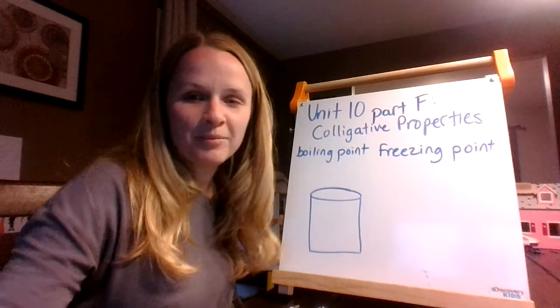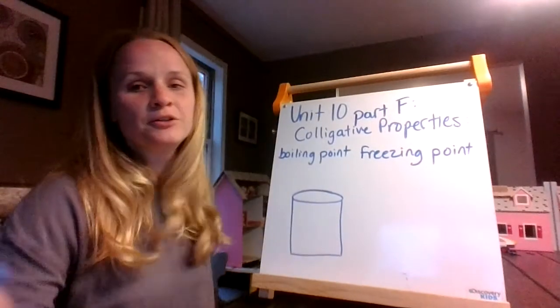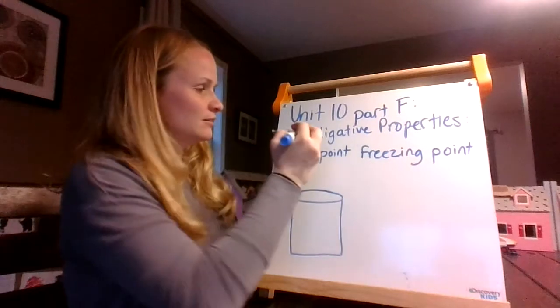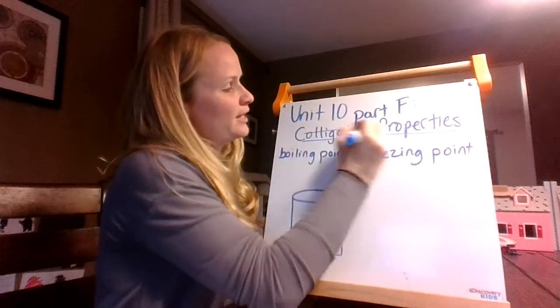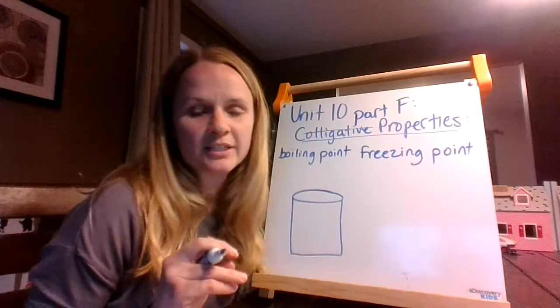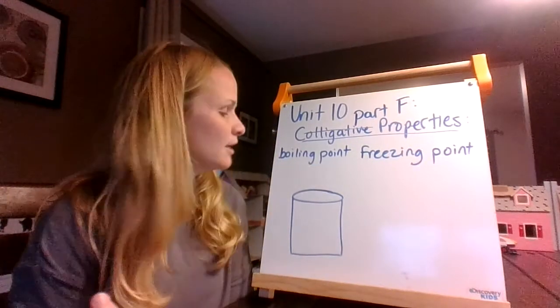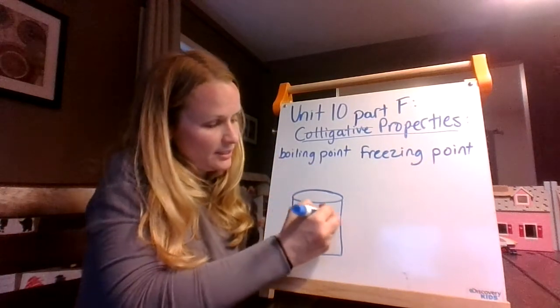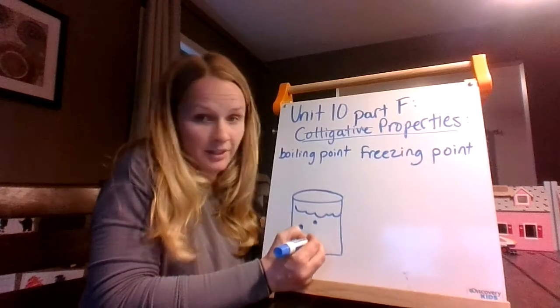Okay, hi everyone, back again for the last part of Unit 10 about solutions, and it's called colligative properties. You wouldn't really ever see the word colligative properties, you just have to know the concept. And the concept is when you take some water, so let's say this is water, here's some little water molecules,